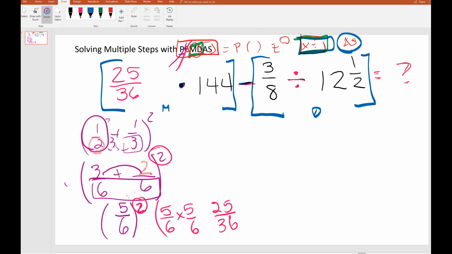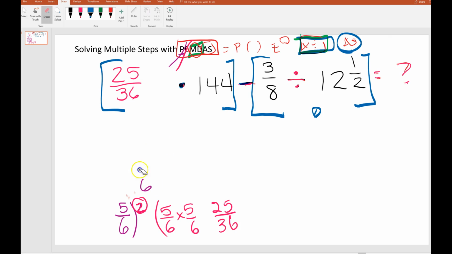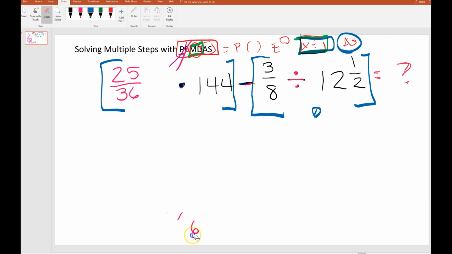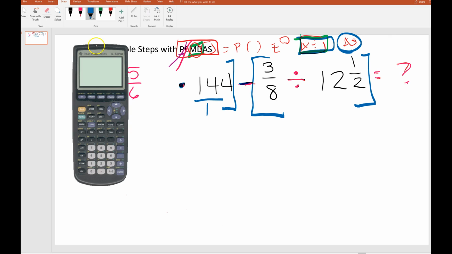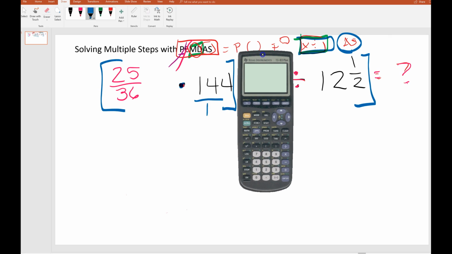So I'm going to go ahead and come over here and get with our eraser, and let's start working on the next phase of our problem, which is 25/36 times 144. One of the things you might think about at this point in time is a calculator. There's absolutely nothing wrong with that. You can take this 144 and put it over 1. I'm going to go ahead and bring up that calculator, move it over here, and let's tackle